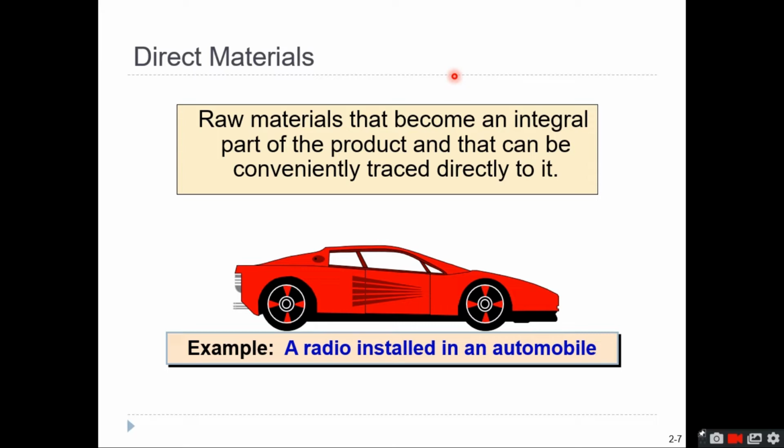So we already know the concept of direct materials, and we know that direct materials are items that are integral parts of the finished product. In other words, it is considered as direct materials if these items will be part of the finished products or will be part of the finished service that we are going to provide. So it means that in order for it to be direct materials, it needs to be traceable directly to the product that we are creating.